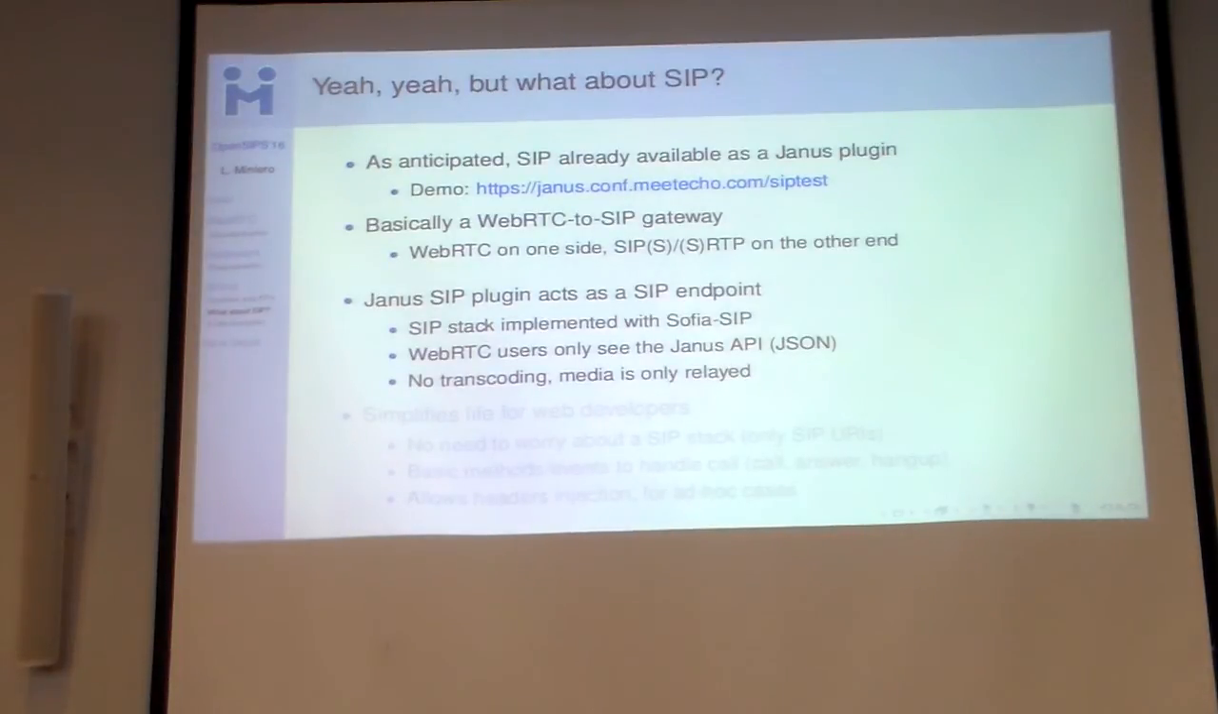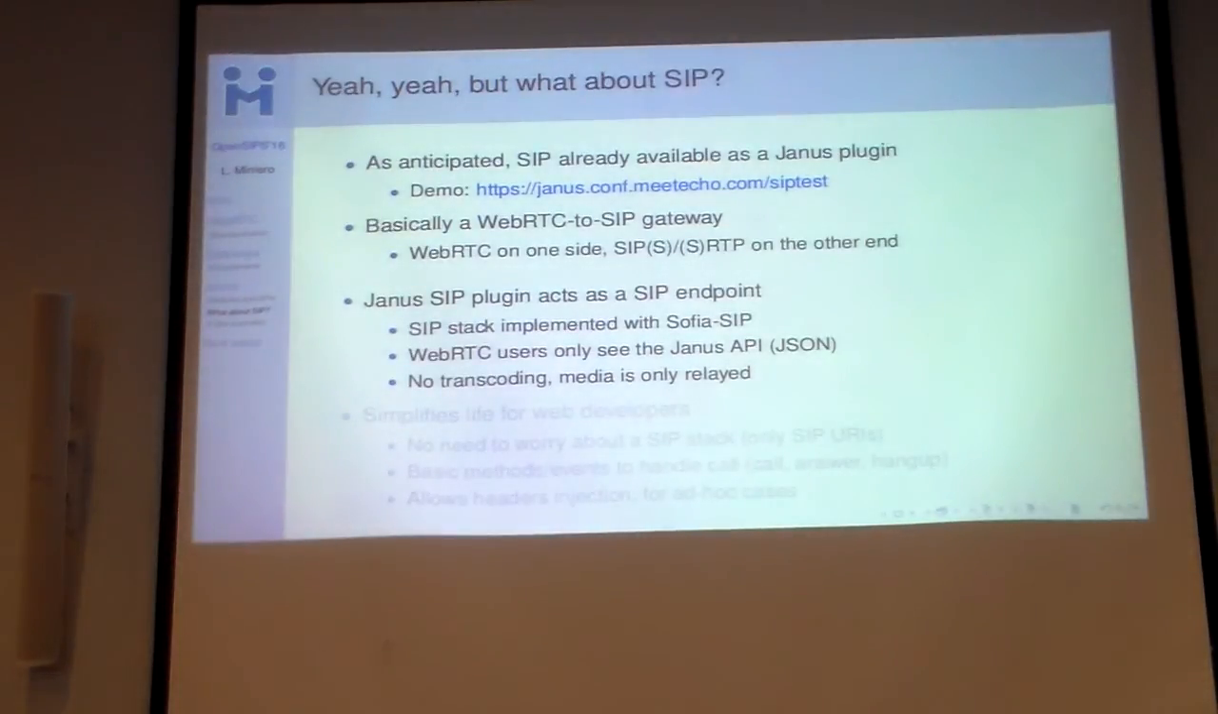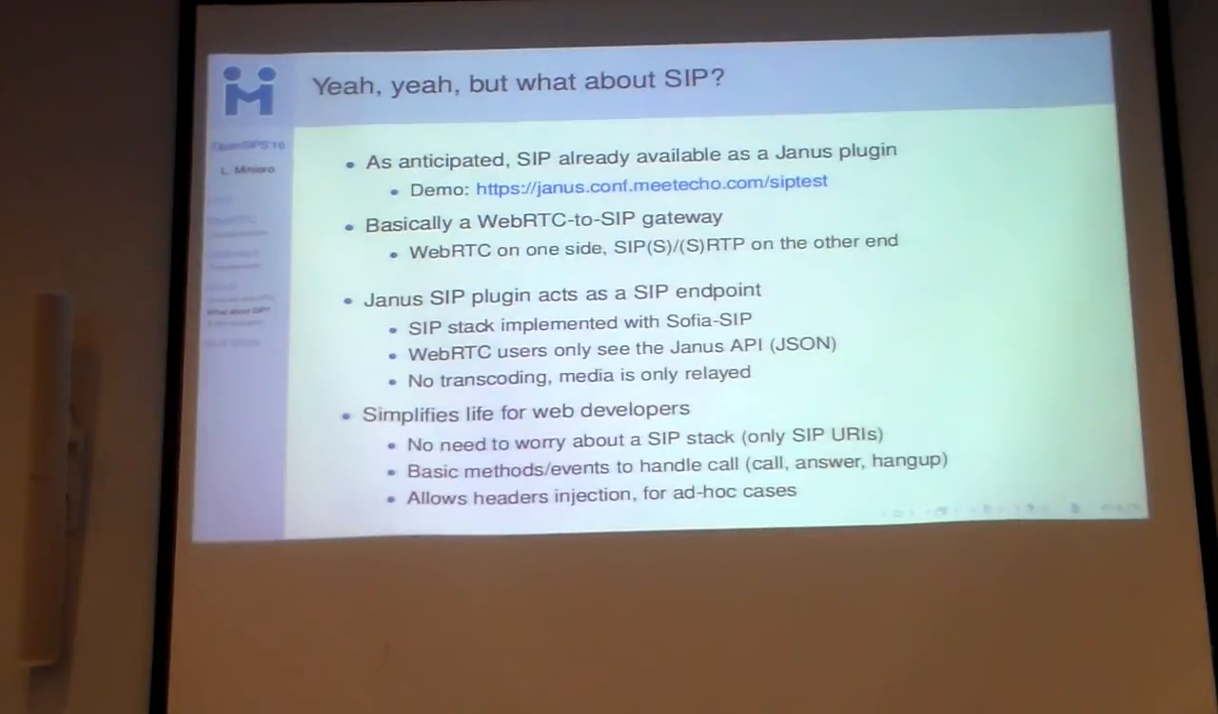But in principle, you do not see the SIP complexity at all. It's all handled on the server side. And no transcoding is involved as well. Media is just relayed, which means that if you actually want transcoding, you need to handle it at a different level. In general, we did it like that because we thought it would simplify life for web developers,